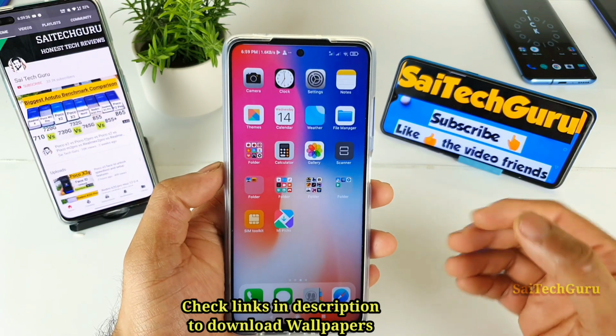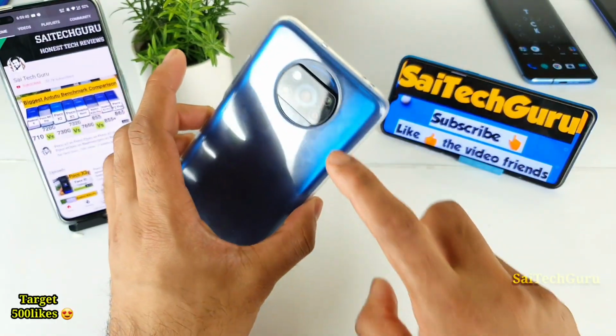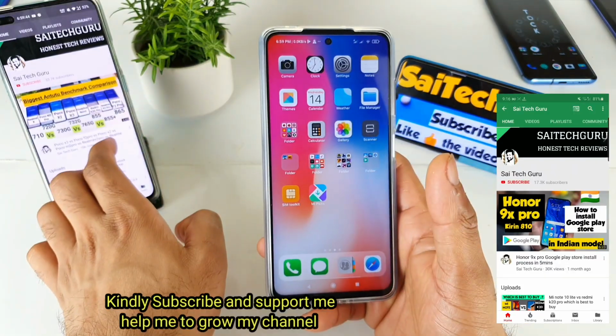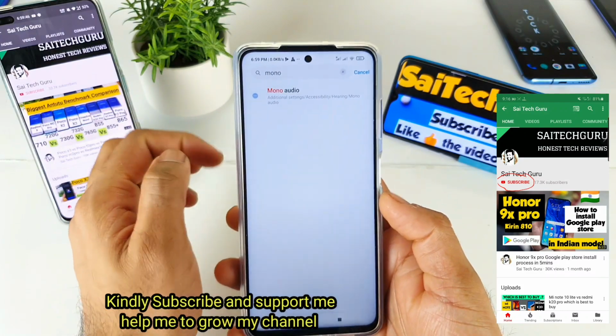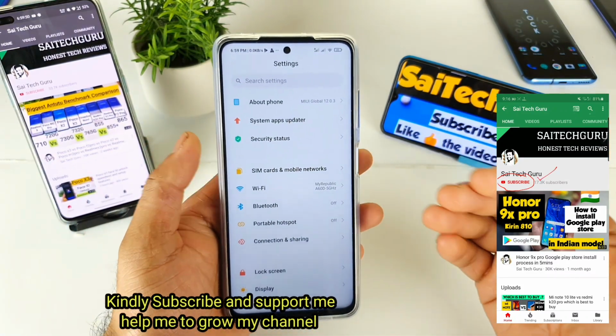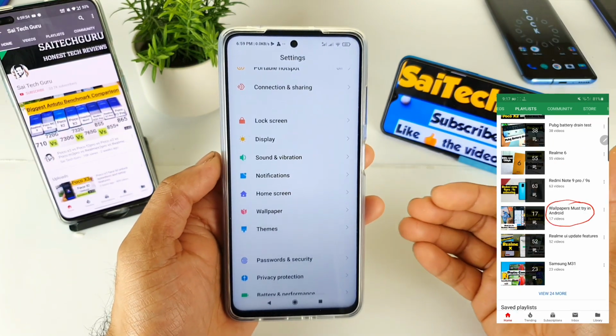In this video, I'll be telling you how to enable the adaptive refresh rate in the Poco X3 device. As you can see here friends, there is an inbuilt refresh rate counter in the Poco X3 smartphone, and most of the users did ask me how to use this kind of inbuilt refresh rate meter, which will be showing you the real time FPS status.